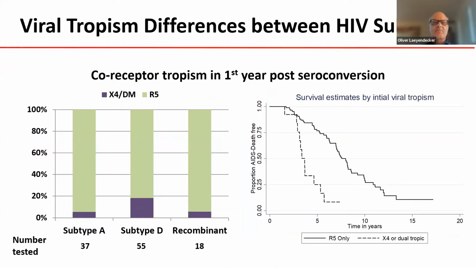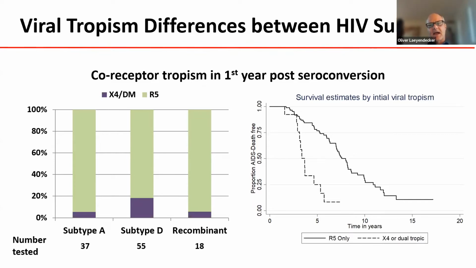So what's the difference? What makes disease progression so much faster in subtype D? Well, one of the first things we thought about was receptor usage. And what we found of these samples, we sent them to Monogram for co-receptor usage testing. And subtype D, almost a fifth of those samples of individuals within their first year of infection were either X4 or dual tropic, which was much higher than we saw in subtype A or recombinant strains of the